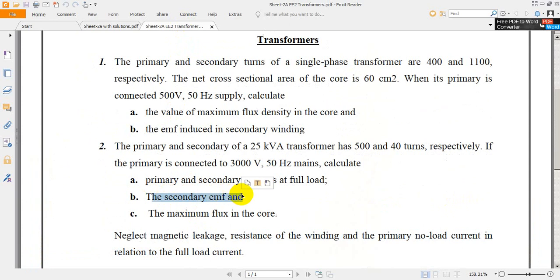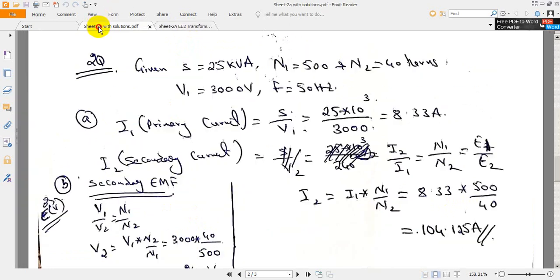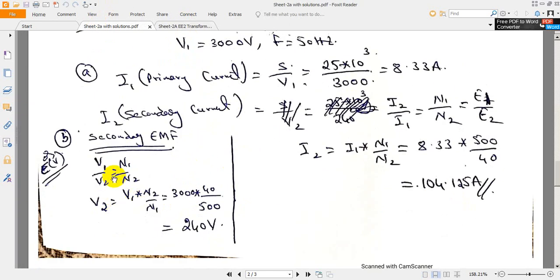The next thing is we need to calculate the secondary EMF. The secondary EMF is nothing but the value of E2, the secondary voltage V2. From the transformation ratio we can write V1 by V2 is equal to N1 by N2. So V2 is equal to V1 into N2 by N1. Substitute the value of V1 as 3000, into N2 value 40, divided by N1 value 500, which is equal